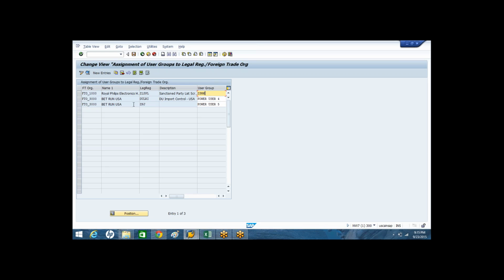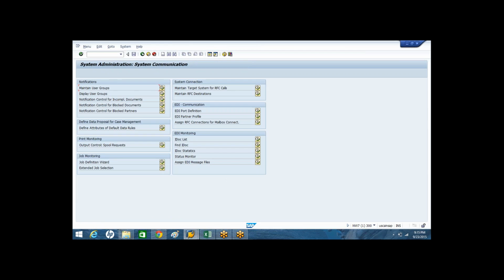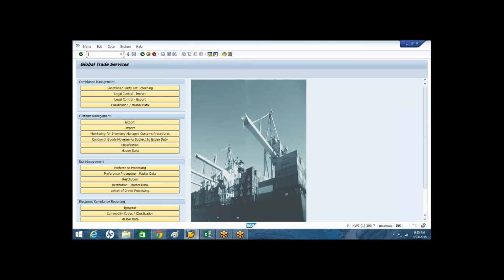And in other case, whenever a customs document which is associated with FTO 3000 and the legal regulation DULRI is blocked, then the system will send an email notification to the list of users available under the user group Power User 4. So this way the system can send email notification to the list of users.